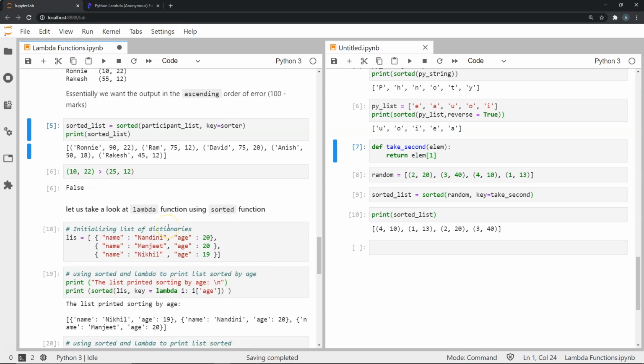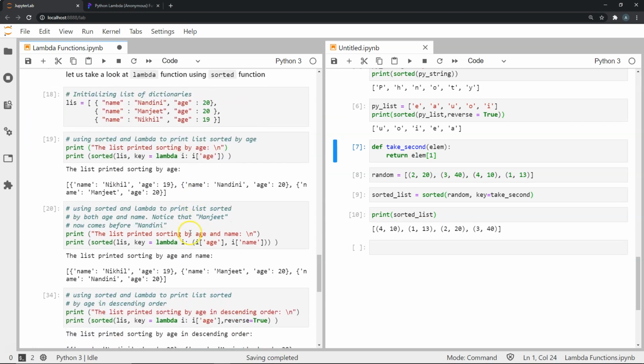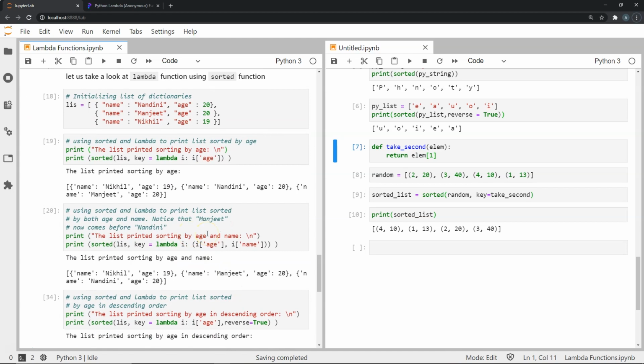So now that we have seen how the sorted function works, let's look at how the lambda function works using this sorted function, which was the main goal of this video, right? Now some of you might have figured out where this lambda function will be used. Whenever we were using the key in the sorted function, we had to define a function, and then we would pass that function as the key. So as some of you may have figured out, using the lambda function, we're going to skip that process of defining a function with a new name and all that, and we're going to use a lambda function as the key. So let's see how we do it.